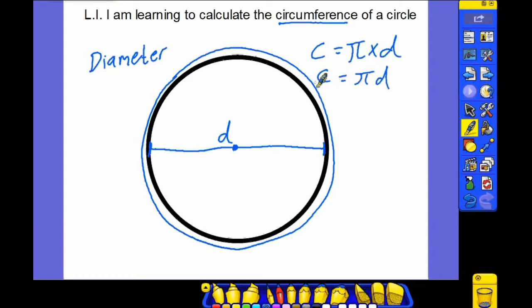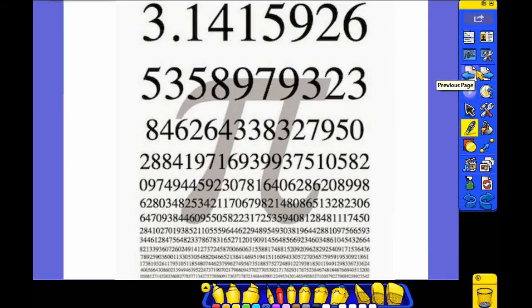Well, we know what the circumference is. That's the thing we're trying to work out. We know what the diameter is. That's the distance all the way across the circle. What's this strange symbol then? Pi. Well, pi refers to a very specific number that we use a lot of the time when it comes to circles. And that number is